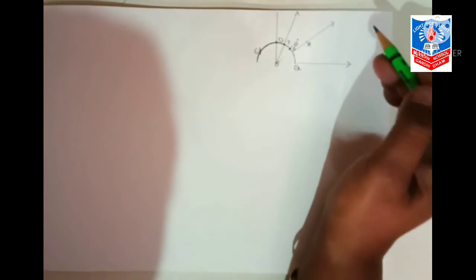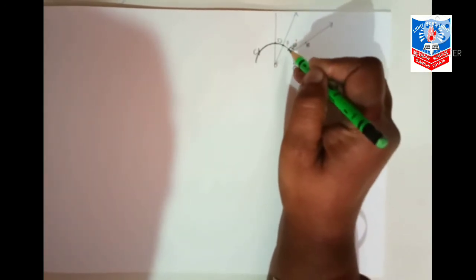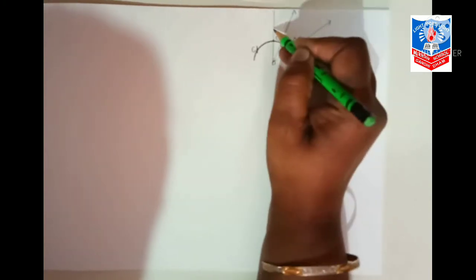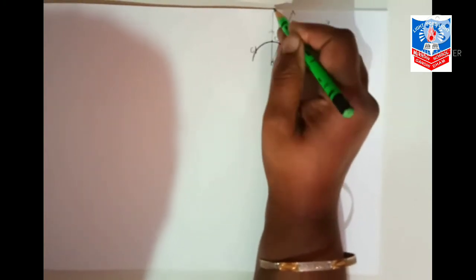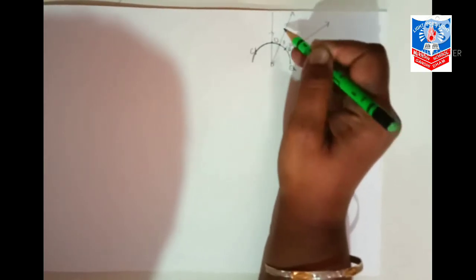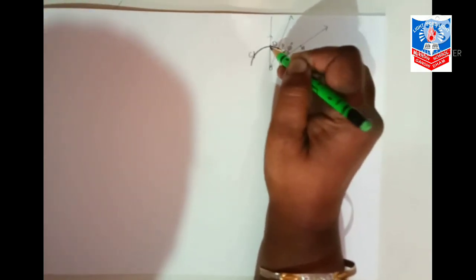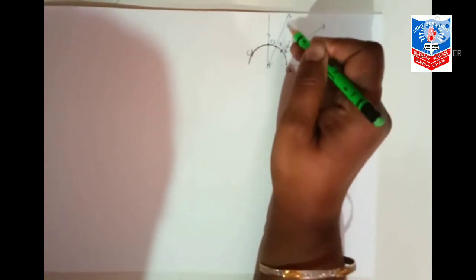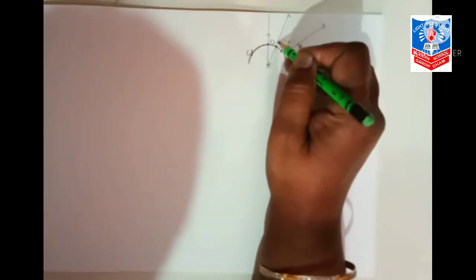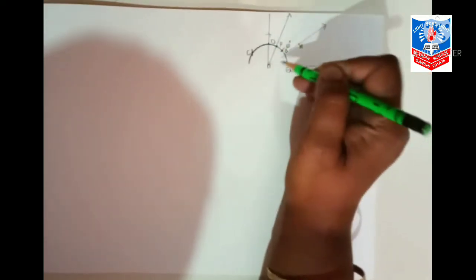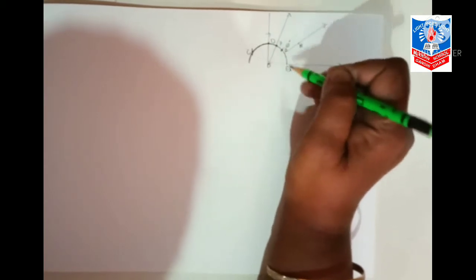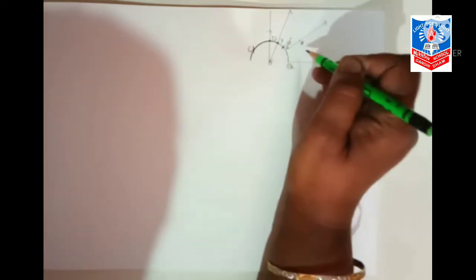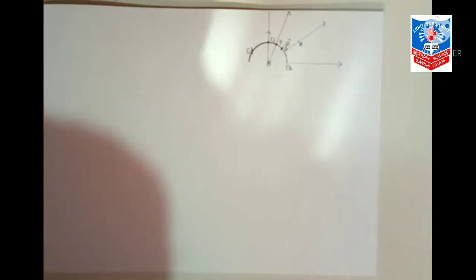Now what we have to do? Then with center B and radius more than half of this, we will make two arcs here and then we will make the right angle. Then with these centers D and B, we will make the angle of 75 degrees, and after that we will bisect POQ and then draw the line of symmetry. Okay, understood? Now let me start.